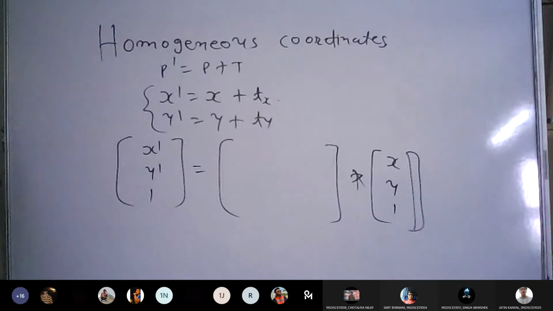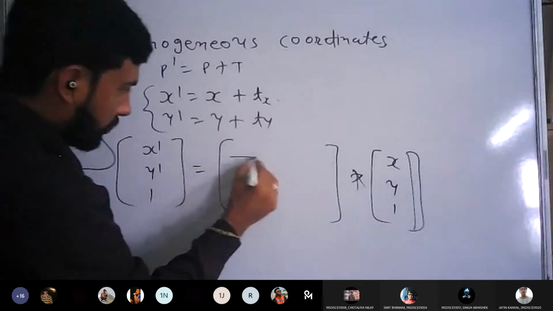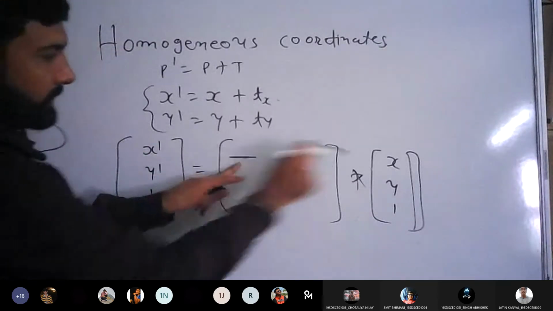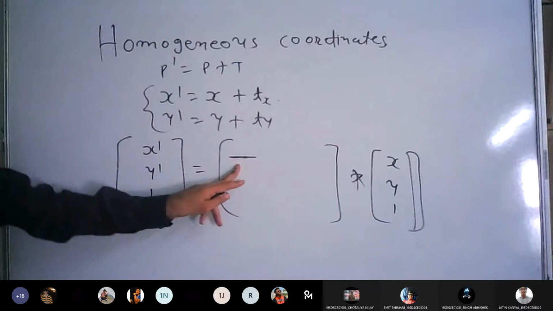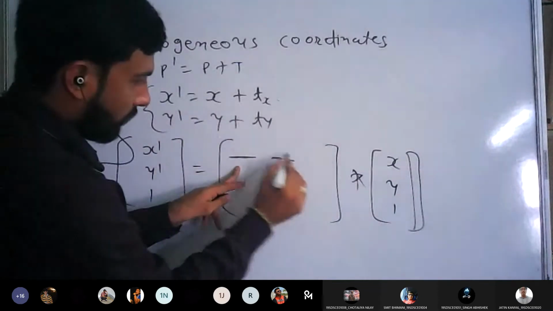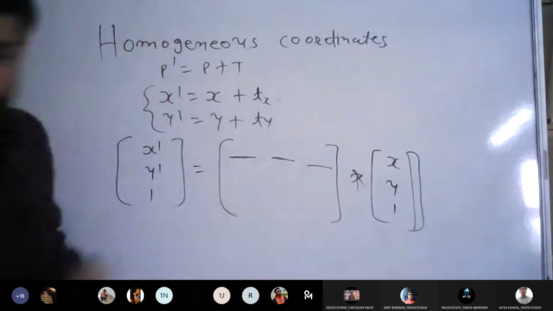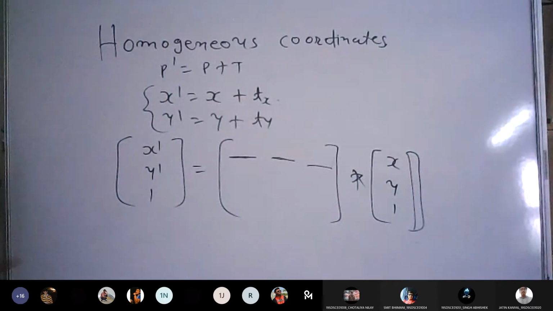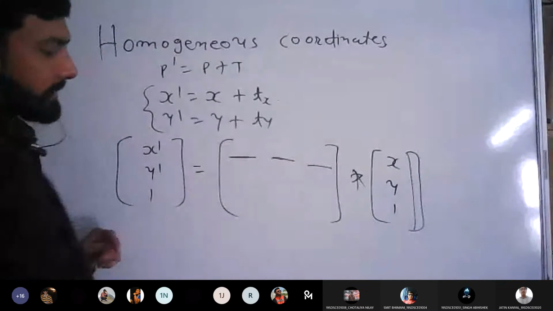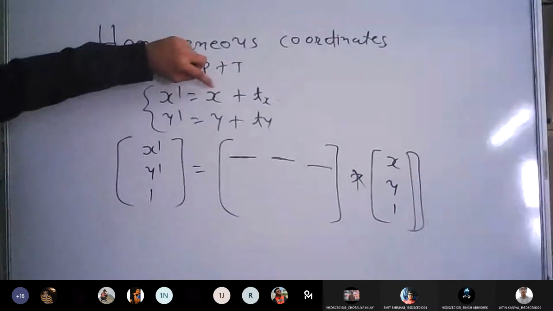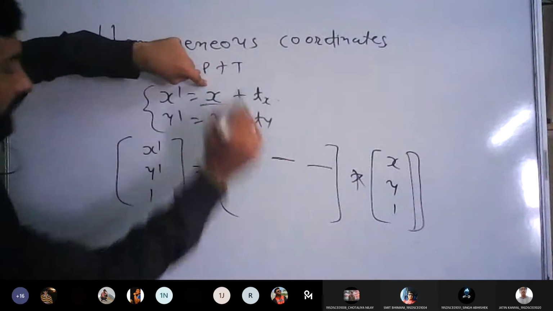ये आपको कैसे देखना है, यहाँ पे मैं जो कुछ भी लिखूंगा उसका मल्टीप्लिकेशन x से होने वाला है. यहाँ पे मैं जो कुछ भी लिखूंगा उसका मल्टीप्लिकेशन y से होने वाला है, और यहाँ पे जो लिखूं उसका मल्टीप्लिकेशन 1 से होने वाला है. In between all the elements you will have a plus sign. तो अभी हमें इक्वेशन में x के साथ मल्टीप्लिकेशन में क्या चाहिए? What is there in the multiplication with x?